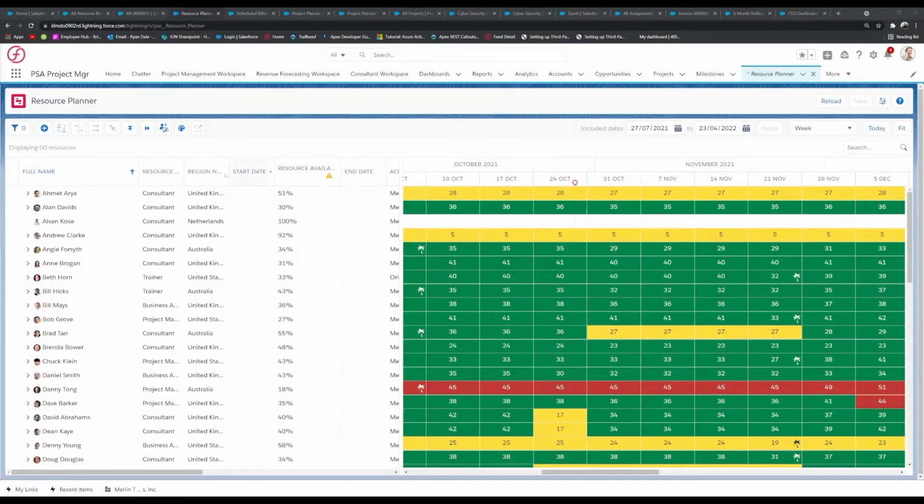For any service-based business, maximizing utilization is a priority. Can you show us how businesses can optimize this by using PSA? Of course, Adam. So as I mentioned earlier, inside the resource planner, there is something called resource